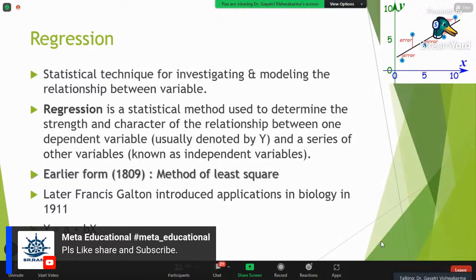We want to predict something with the help of independent variables. Regression is a statistical method used to determine the strength and characteristics of the relationship between two different types of variables, x and y. But here in regression, we have to define what is the dependent variable and what is the independent variable.